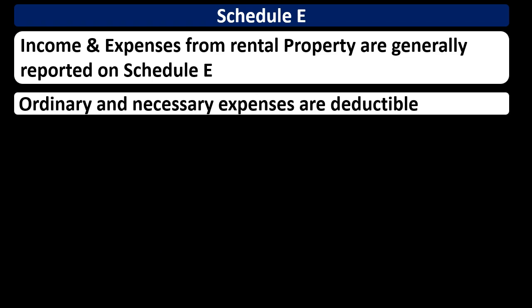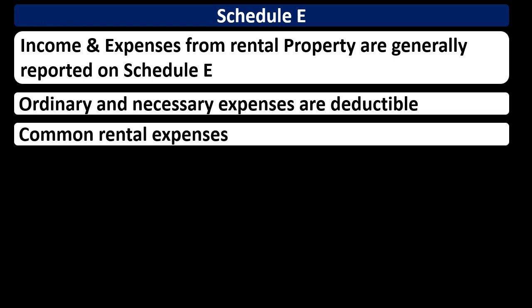Within that income statement on the Schedule E, we're going to have the ordinary and necessary expenses, which are deductible. So we have that same kind of requirement that we have ordinary and necessary expenses for the running of the rental property as things that can be deducted on the Schedule E in a similar way as they would on a Schedule C. In an income statement type format, we would have the income, the rental income, minus the